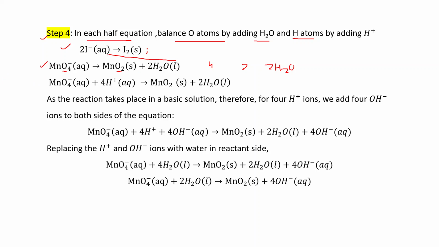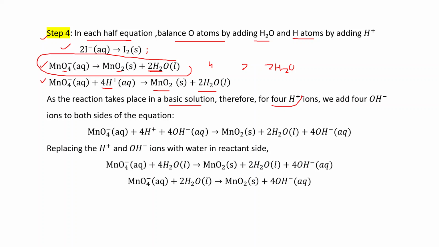Okay, so again see in this, on the reactant side no hydrogen atom is there, but on the product side there are 2H2O, so 4 hydrogen atoms are there. So on the reactant side we will put 4H plus. So our equation becomes MnO4 minus plus 4H plus converting into MnO2 plus 2H2O. Clear? But this reaction is taking place in basic solution. Therefore